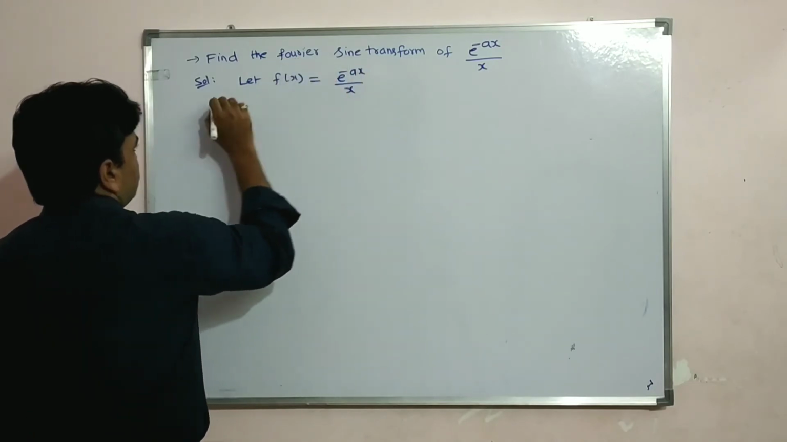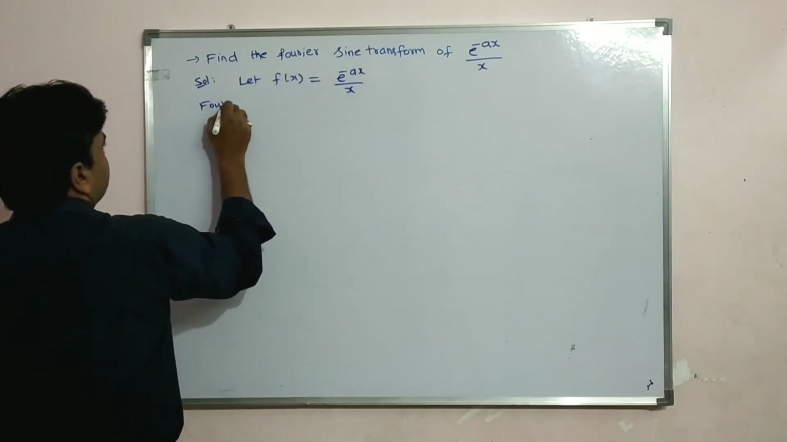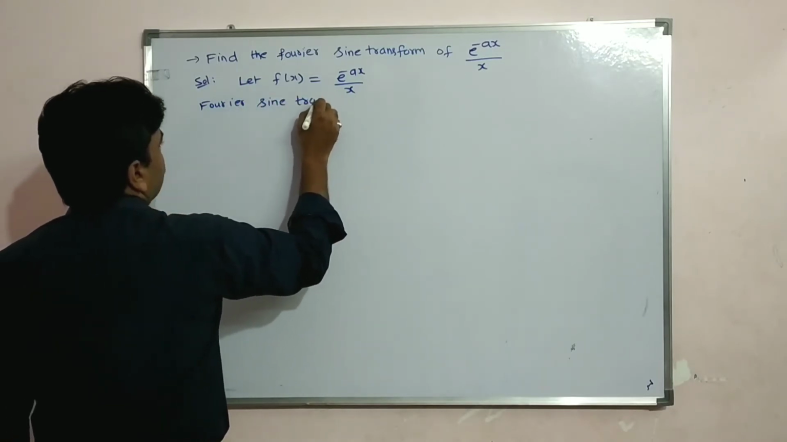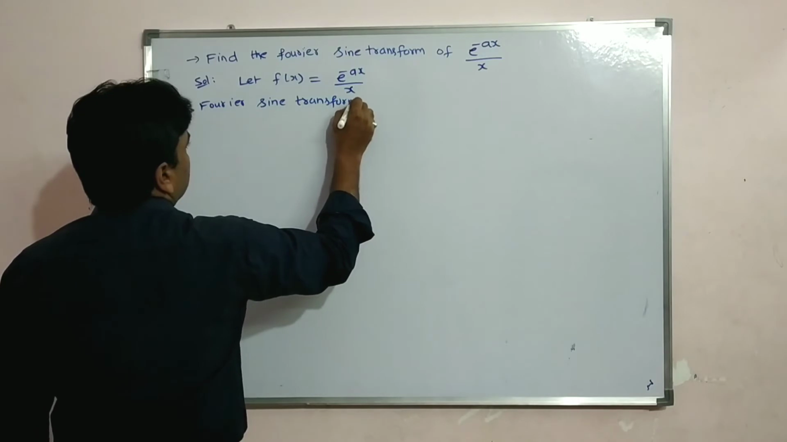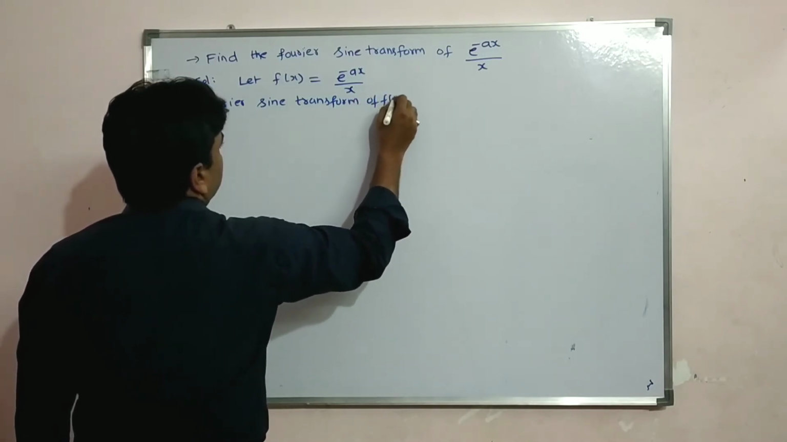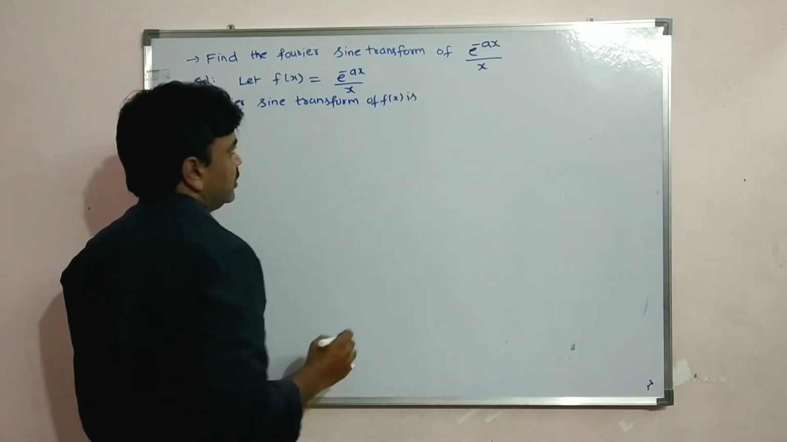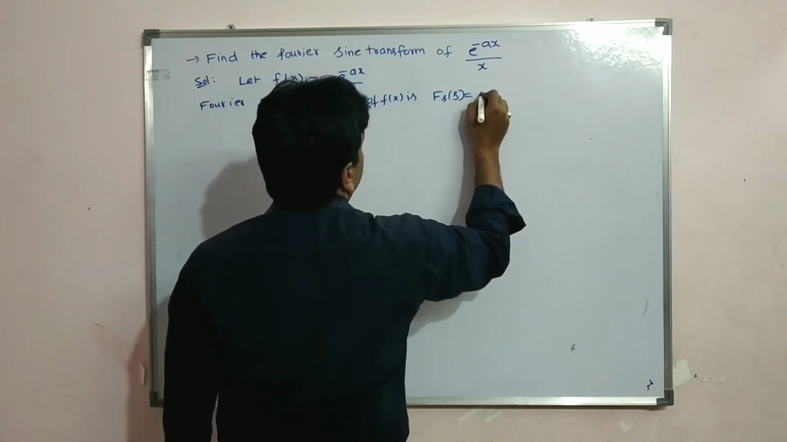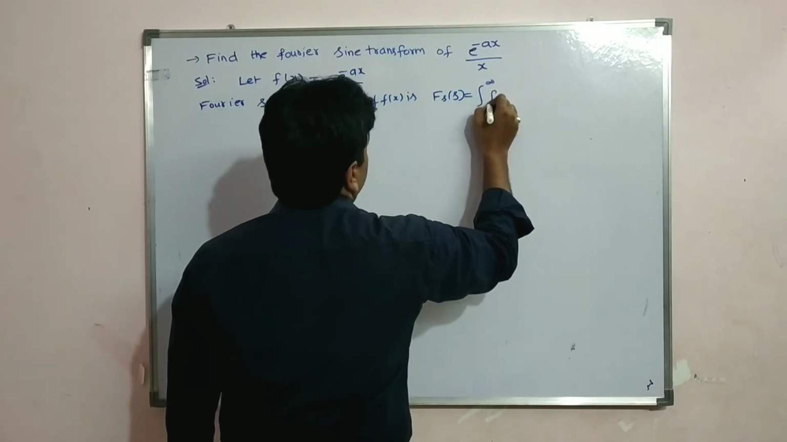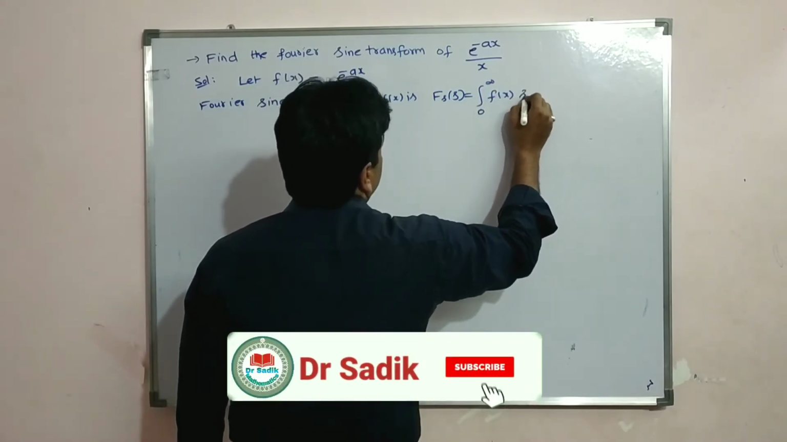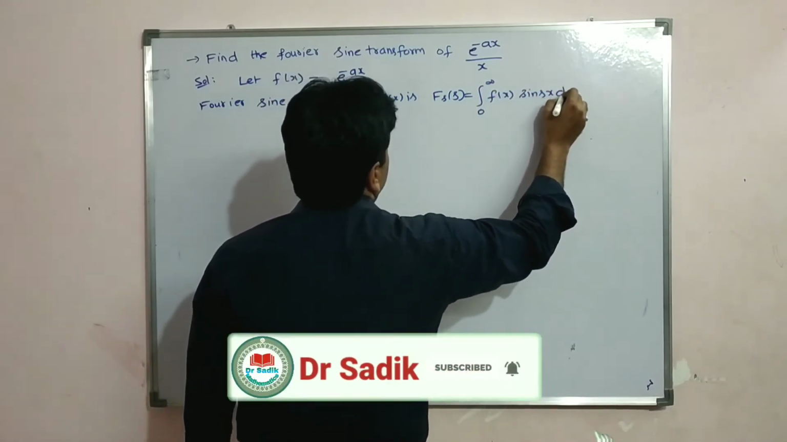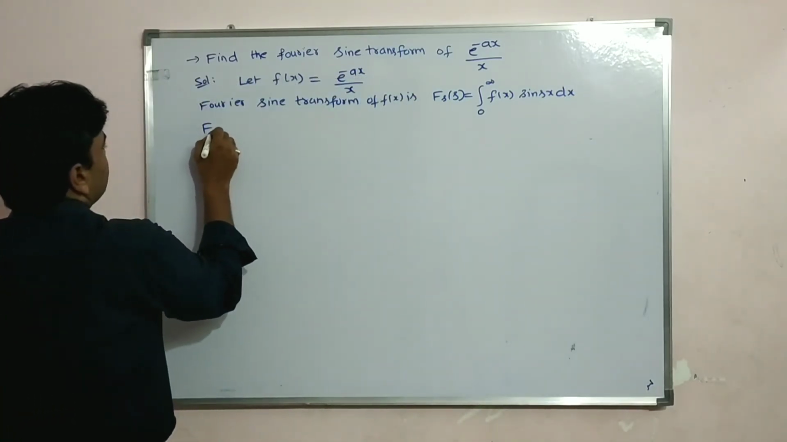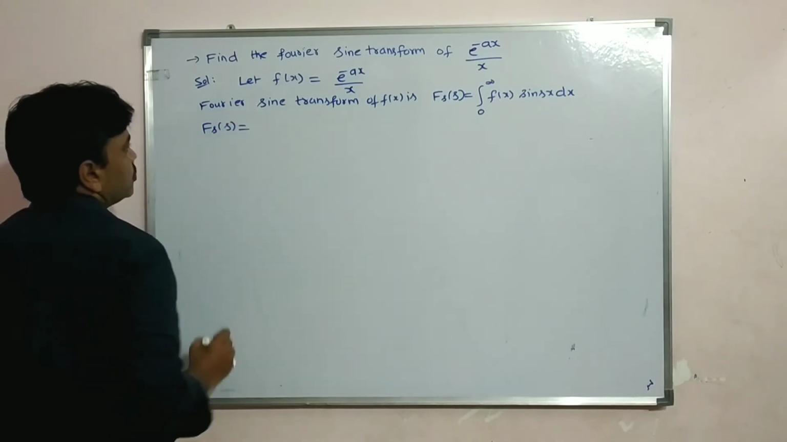Now the Fourier Sine Transform. The Fourier Sine Transform of f of x is Fs of s, which is equal to the integral from 0 to infinity of f of x sin sx dx. So Fs of s is equal to